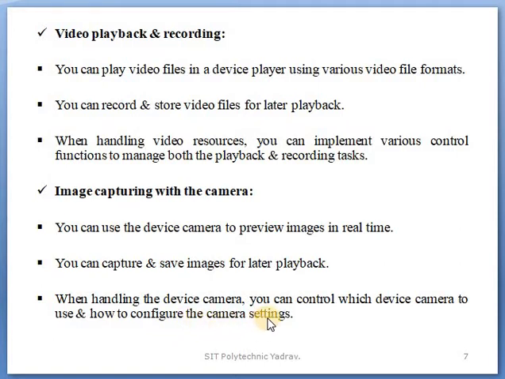Is that clear? For example, first you open the camera, meaning the device camera is selected, then capture the photo, then save it. When using the camera, when you click, your settings can be changed, such as zoom in, zoom out, or clarity, or night and day modes.